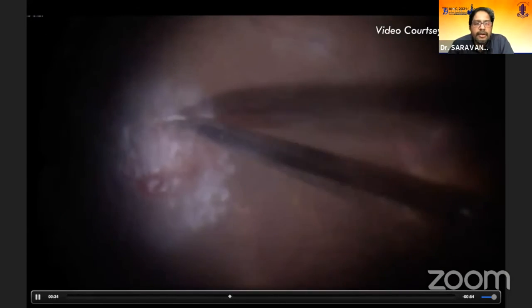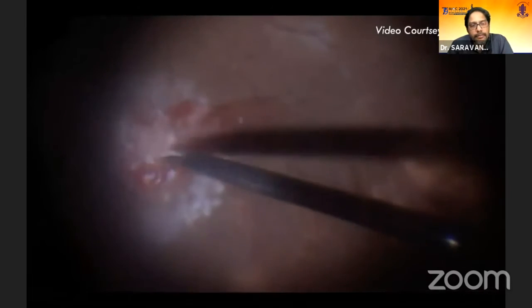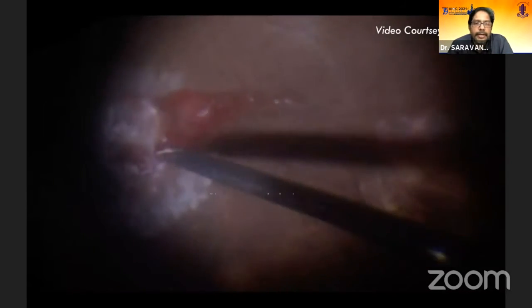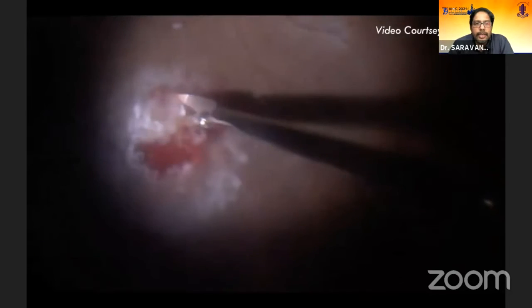So superficial cautery for a retinal biopsy, but if you're planning a choroidal biopsy, you have to go lightly, press the diathermy into the choroid, and then do a little bit deeper cautery, because the vessels from the choroid can bleed much more severely. So depending upon what you want to excise, either a superficial or a deep cautery will be the choice, depending upon whether you want to remove the retina only or a bit of choroid as well.